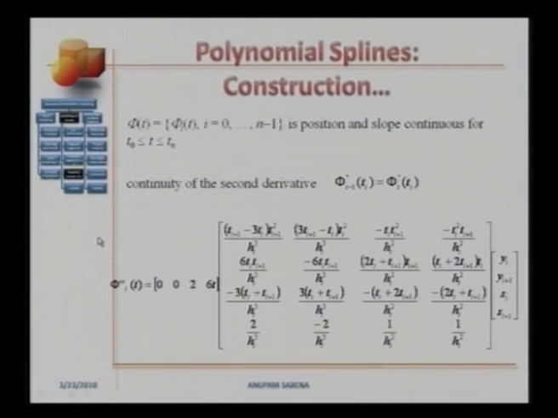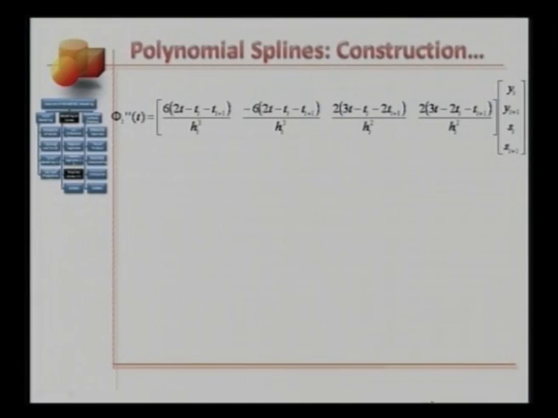All I need to do is plug in this expression here in this equation for value t equals ti for both the i minus 1th cubic segment and the ith cubic segment, and figure out what that relation would look like. You'll have to bear with me here because the math is really quite involved. Let's continue. If you work out and simplify the math, you'll have the second derivative of the ith cubic segment